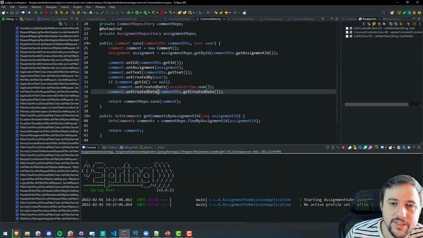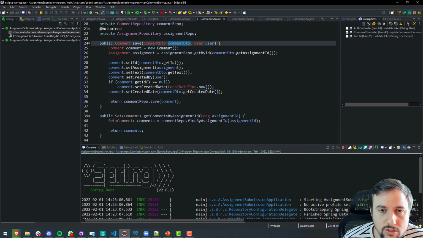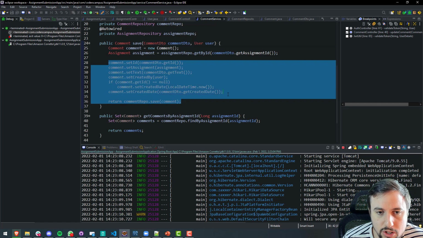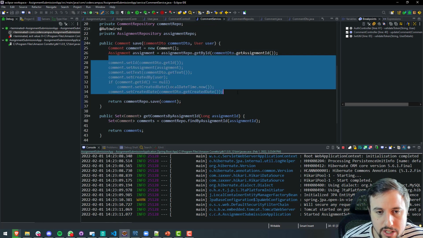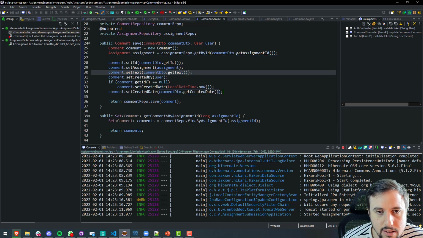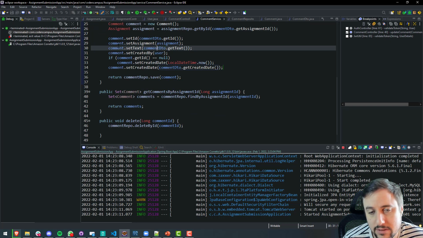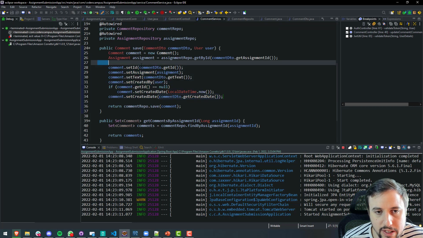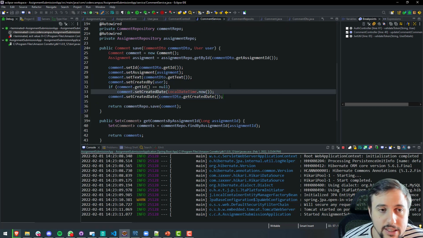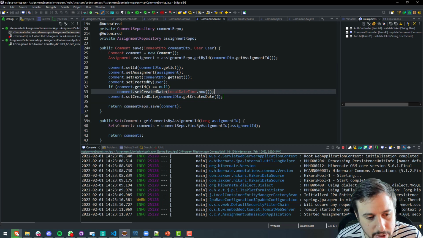So why do I have this? This is me mapping a comment DTO to a domain object comment. So this should really be, well, let's just say, whenever you add a new field, you should need to keep this up to date. And all of it should be in one place, but anyway, that's what